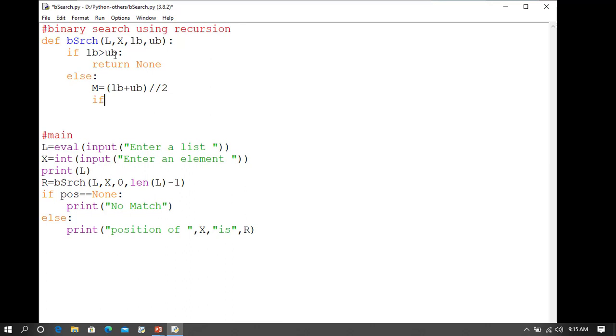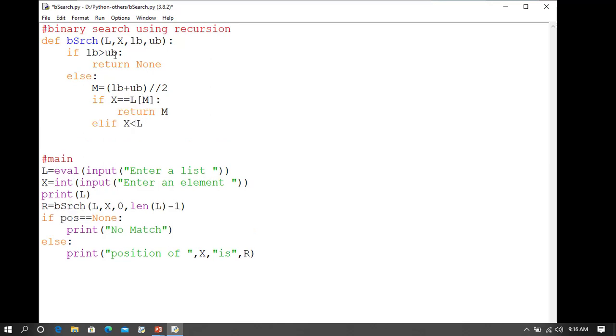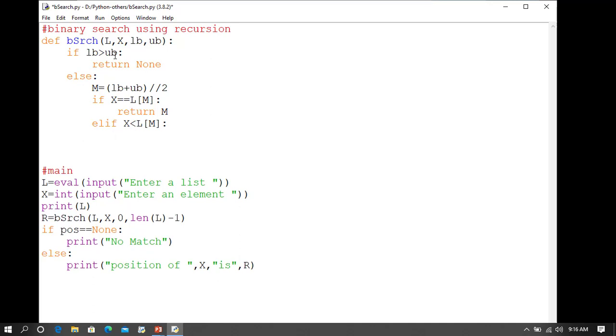Then if the search element is equal to the mid element of the list, then we have found a position. So position is the mid position. If it is less than the mid element, continue with the binary search technique for the list to search the element starting from the lower bound, upper bound is mid minus 1.